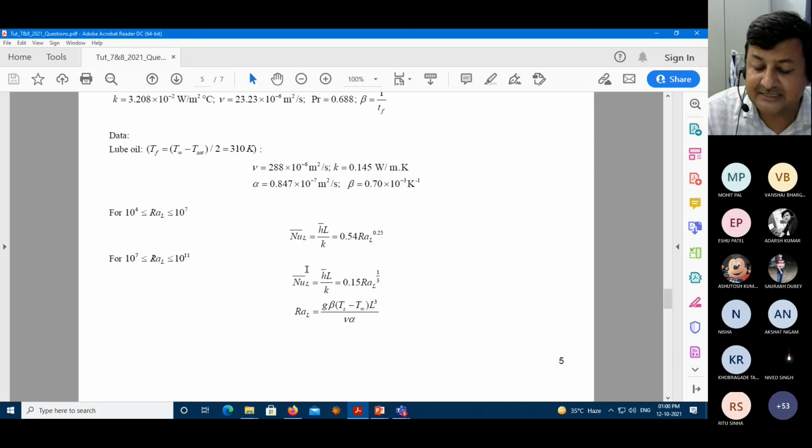Okay. So I wanted to show you the change that is required in case of natural convection. In forced convection, you calculate the Reynolds number, whereas in natural convection, you calculate the Grashof number, Prandtl number, and then Rayleigh number, and then you go to the correlations to calculate the heat transfer coefficient. It can be local or average, and from there you calculate Q. Clear? Any question?